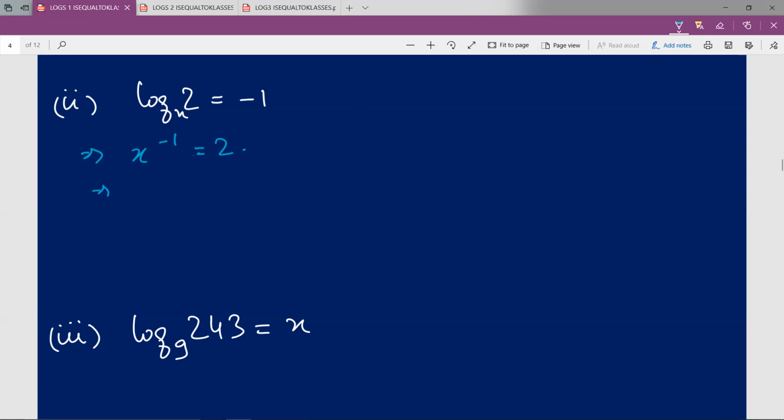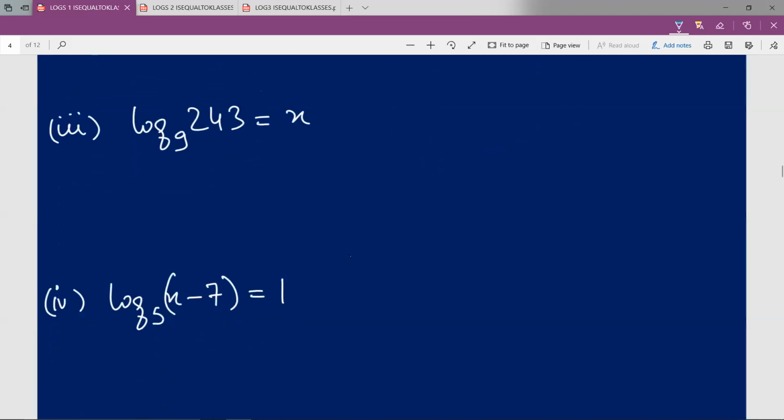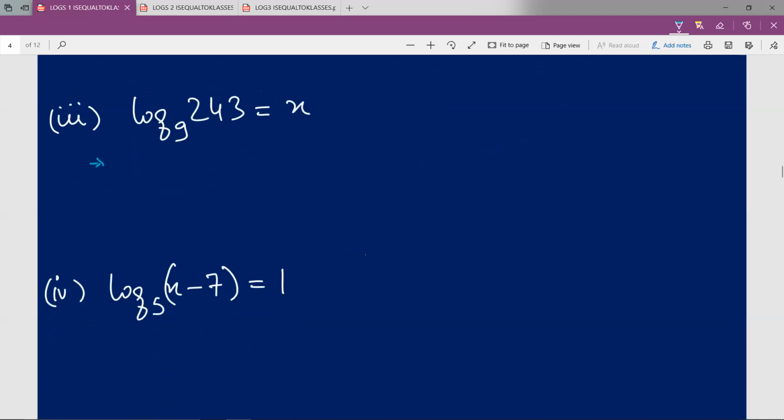Now what you have to do is find such a constant that its power of -1 will be equal to 2. So therefore, that x will be equal to 1 upon 2. Why? Because 1 upon 2 raised to the power -1 can be written as 2 raised to the power 1, or simply 2. So that is precisely the same answer. So therefore, x is equal to 1 upon 2. I have mentioned the reason over here. Now, without any further ado, let's move on to the third question.